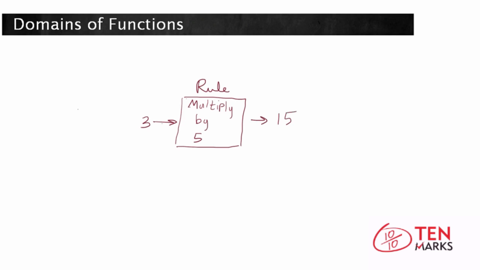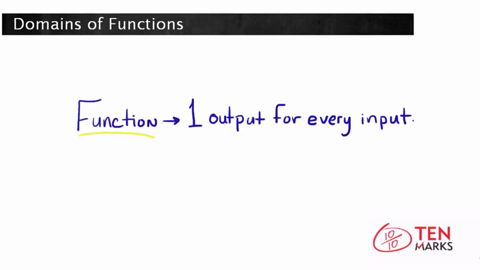Often functions are expressed and graphed as equations, such as 5 times some number, or 5x equals y. Your inputs are your x values, and your y values are your outputs. Now when you graph the equation, your inputs are your x values, and your outputs are your y values. Now it's important to note that not every equation is a function. Only equations that have exactly one output for every input, or one y value for every x value, is a